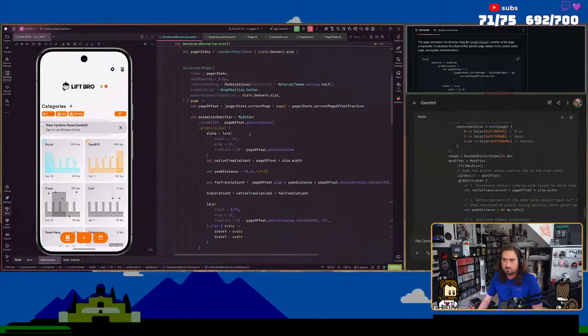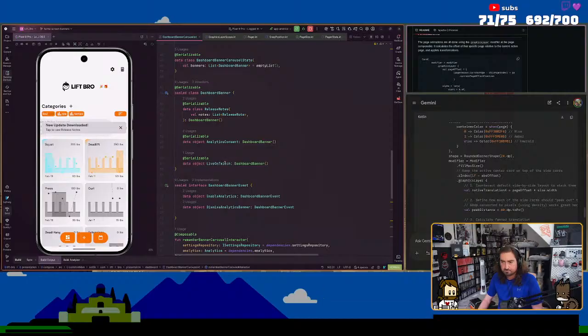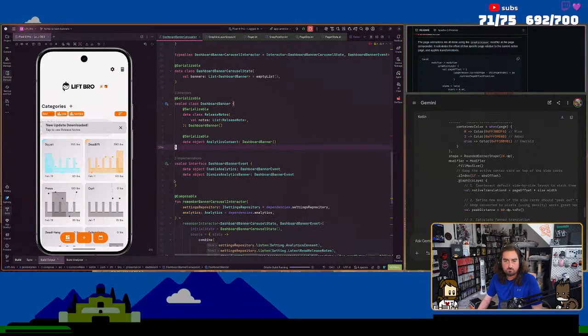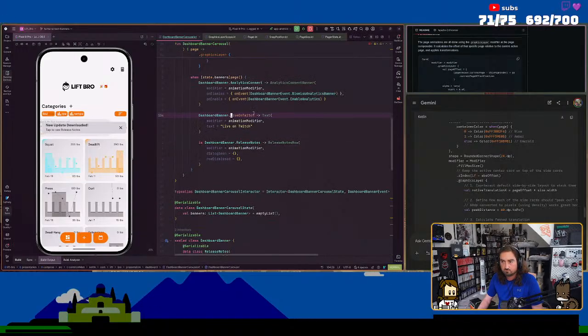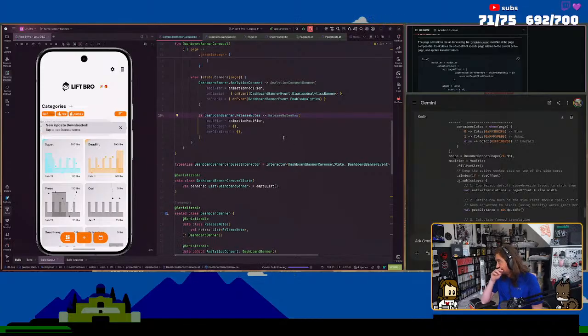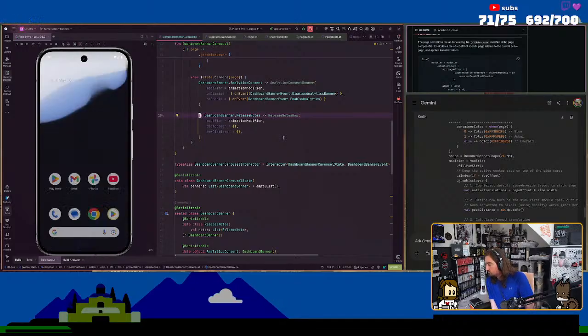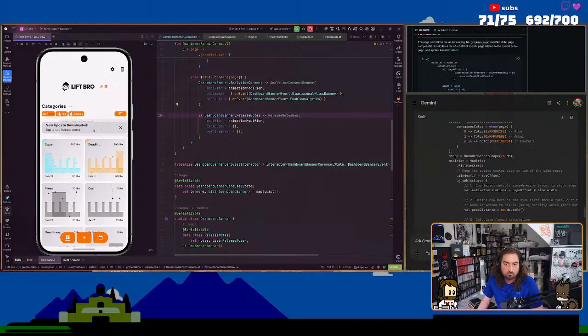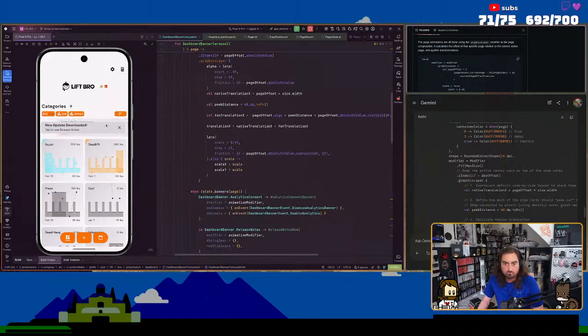I'll do that in another stream or something like that. Okay, that looks a little bit weird, but I like the overall concept.